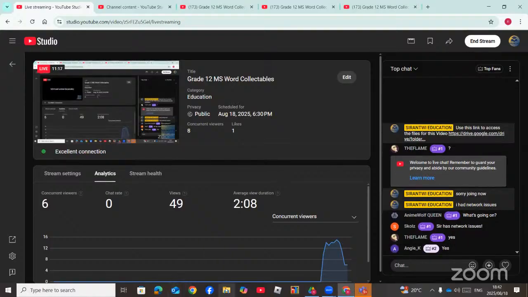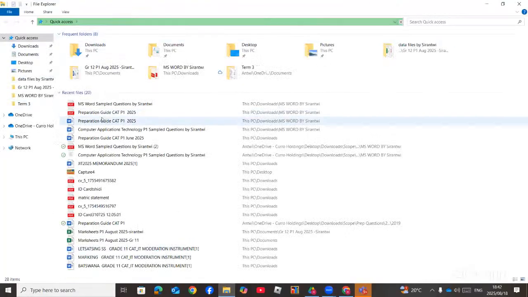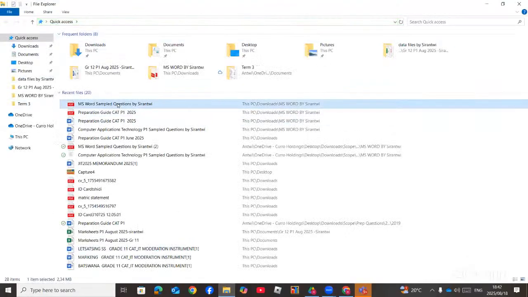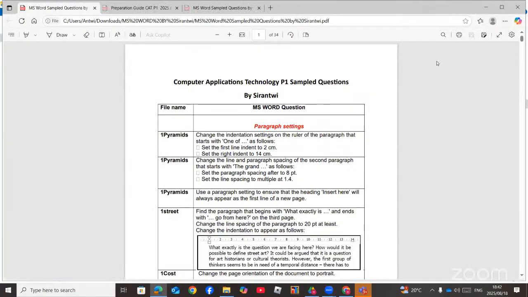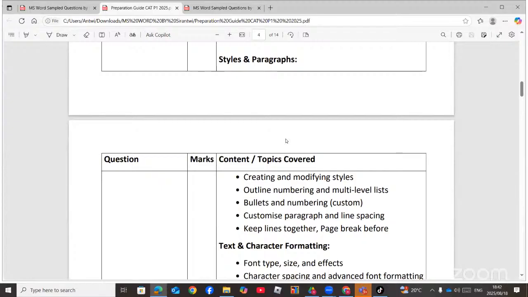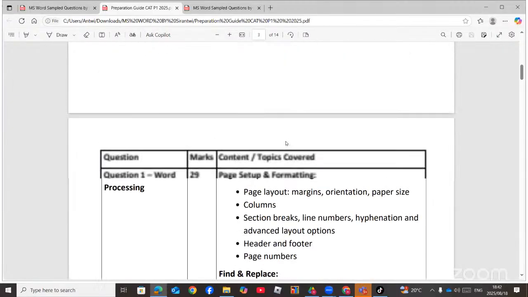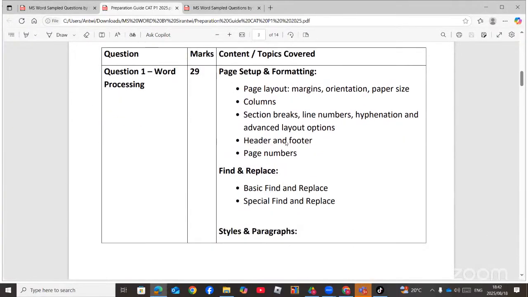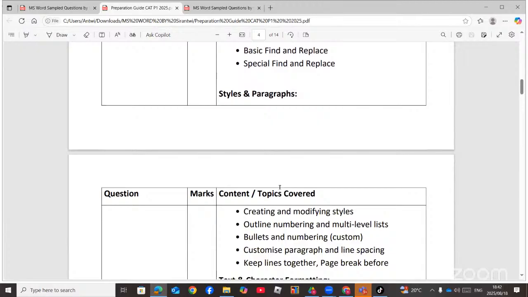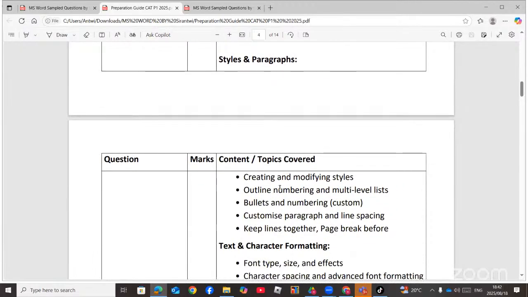Right, so we will move straight on. We are using the same link and the same document. So I'm going to focus on them again. Like I was saying, the collectible marks: the page setup and formatting, find and replace, creating styles and paragraphs,